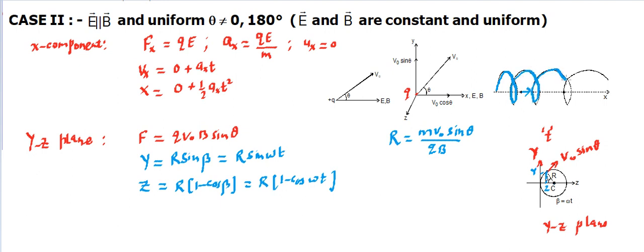It's going to be some sort of helix, but its pitch is increasing. This pitch is different from this one. As it goes forward, its pitch is increasing, so it's not having a uniform pitch because of the acceleration in the x direction, and this acceleration comes because of the electric field. If there was no electric field, that was the case we have done earlier. In that case the pitch was uniform, because the initial velocity along x is zero.